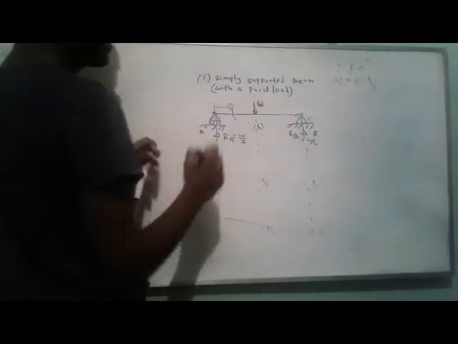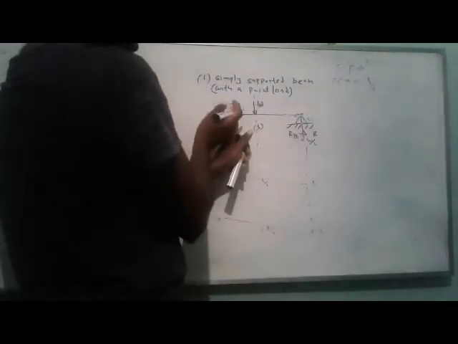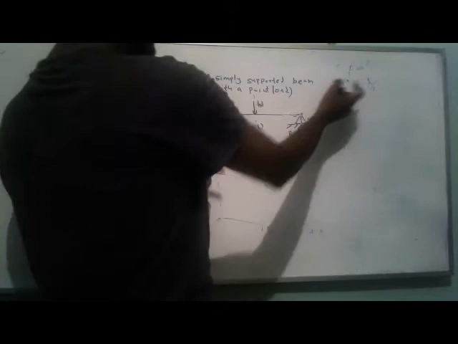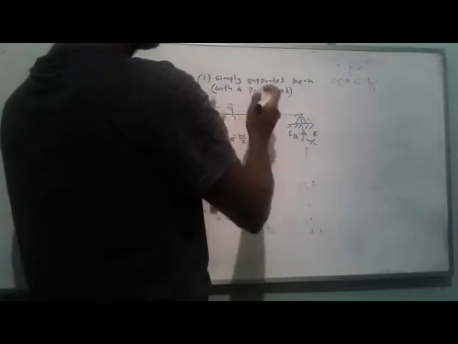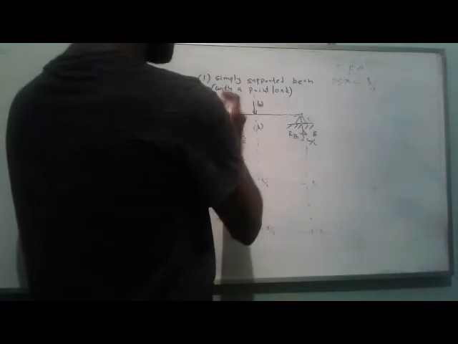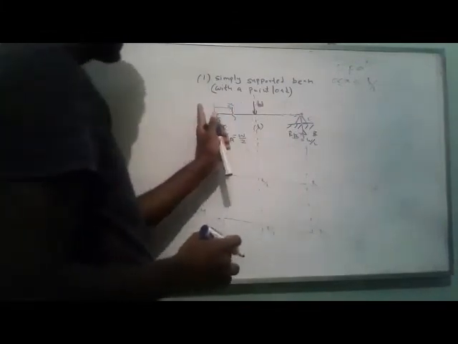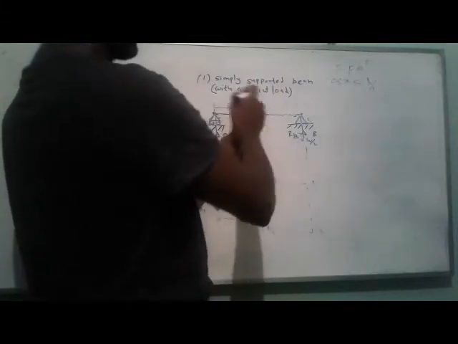So in this case, here you consider X, you break this beam here and put your finger here and consider these forces on the left-hand side. So we consider only this section, because due to this load W, this beam is divided into two. Therefore, we have to consider these two sections separately. So the first one is from 0 to L over 2. In this section, we cut here and consider forces for shear force.